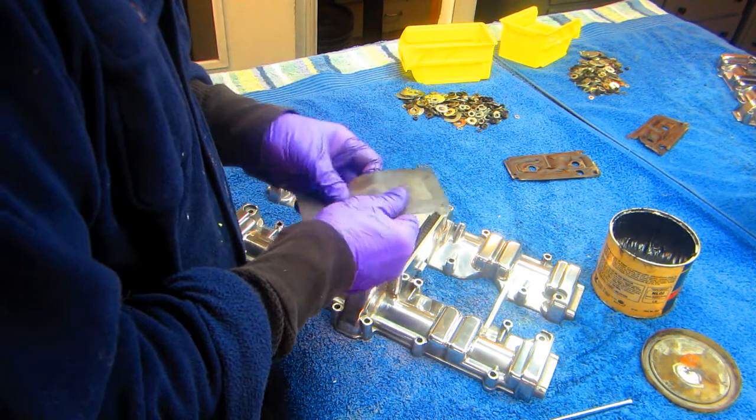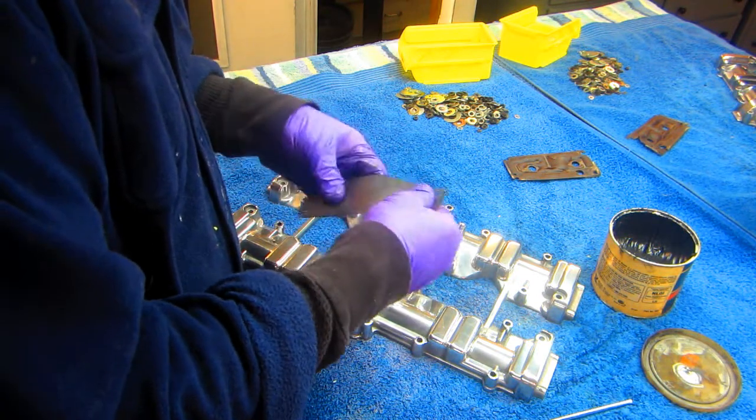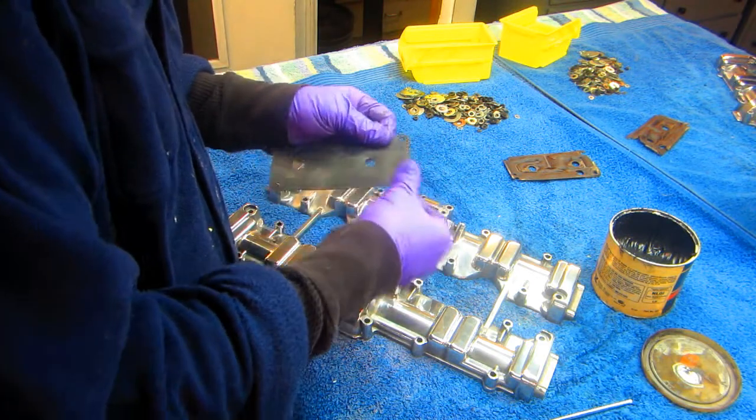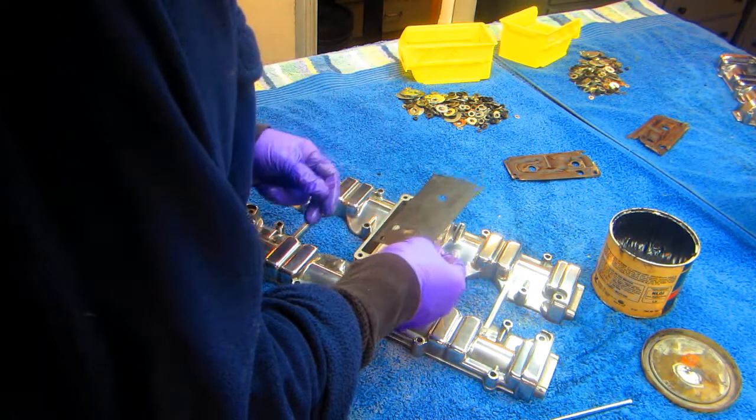I guess I should do the whole thing, because in the labyrinth there, it's going to be a problem. But anyway, even little things like this, getting this all set up right, the air comes in there, comes in there,